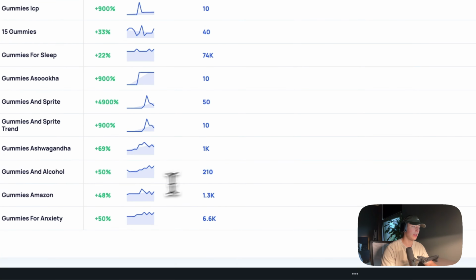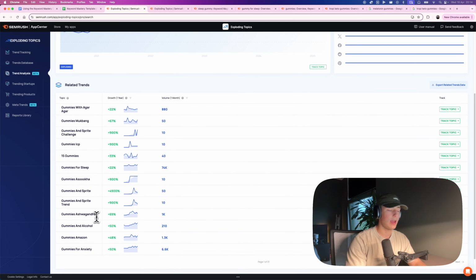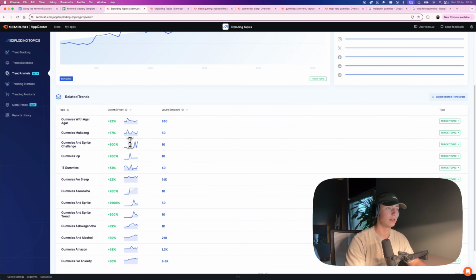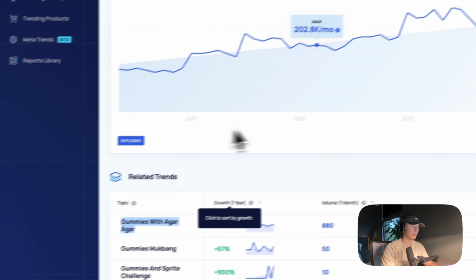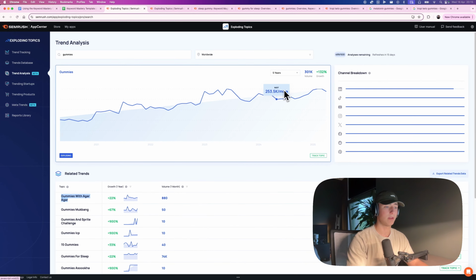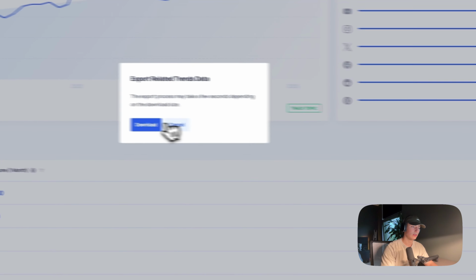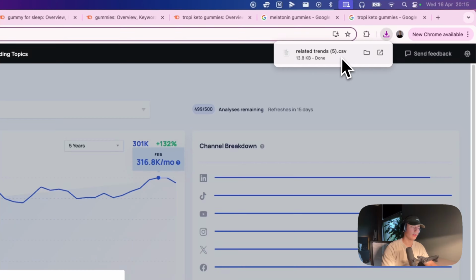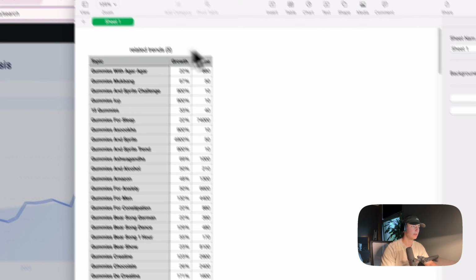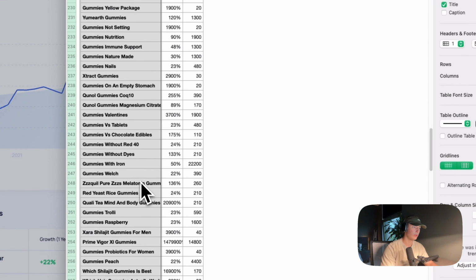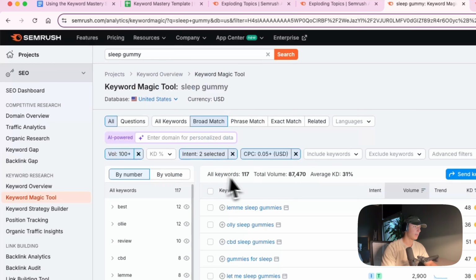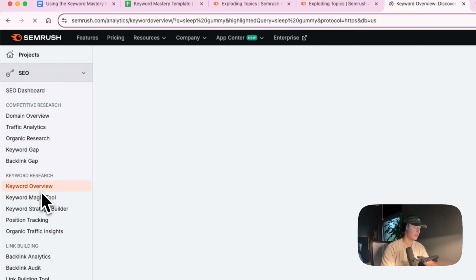We see uptrends. And for me, any of these are interesting, just out of the box. A growing market is something you want to get into. So gummies itself has a nice growth. That's why I also like the example. But then you want to export this and analyze these trends, grab all of them. Well, you can actually only do 99 at a time, so let's just do that. But generally you want to do every single one of them, and you want to go to the Keyword Magic Tool, excuse me,